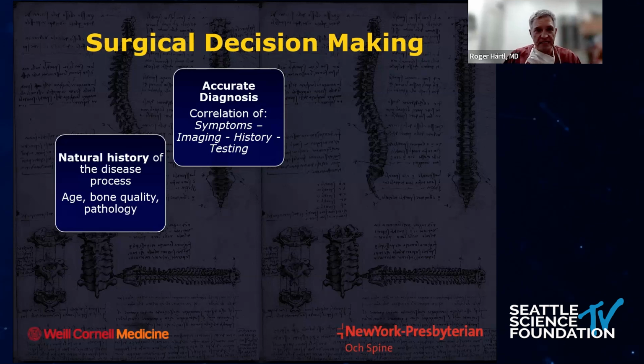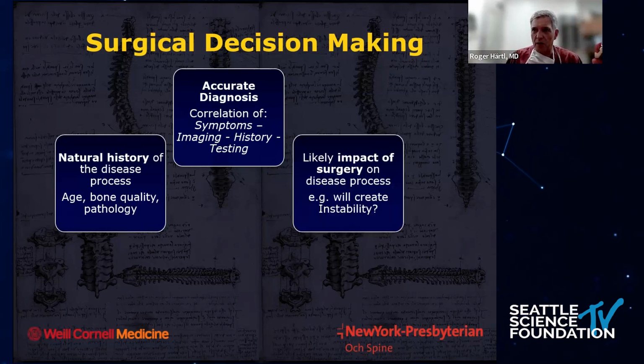The other thing you got to understand is the natural history of the disease. If you know that somebody has an unstable spondylolisthesis, it's probably a good idea to take that into consideration and do a fusion at the same time. But if it's a stable spondylolisthesis, that may not be necessary. Just an example of how natural history matters, and we don't understand a lot of the natural history. That's a problem also. But you got to at least try to consider that and try to put the best evidence together to figure out how the natural history of a particular disease process affects your surgical decision making.